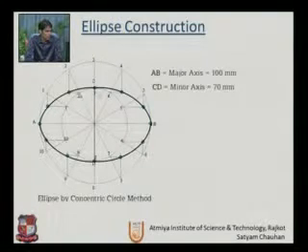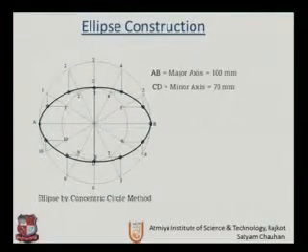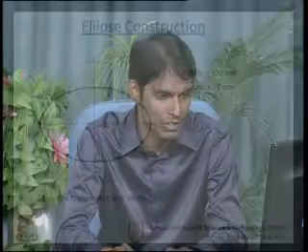So on the screen you can see the green points are the intersection points which we get by the intersection of these two horizontal and vertical lines. So by joining all these green points we get the ellipse shape. We can draw these shapes again by use of a French curve, or we can get this shape by freehand sketch. So that is our problem 1.